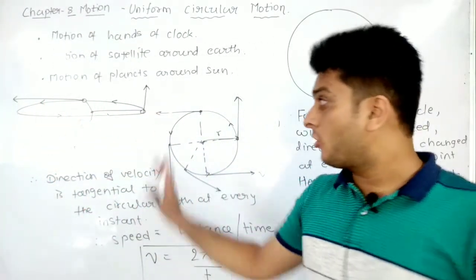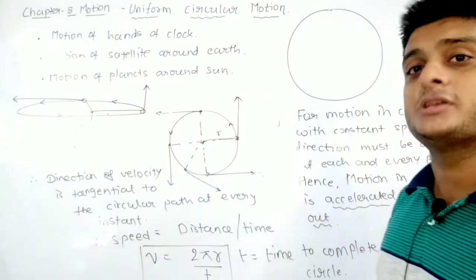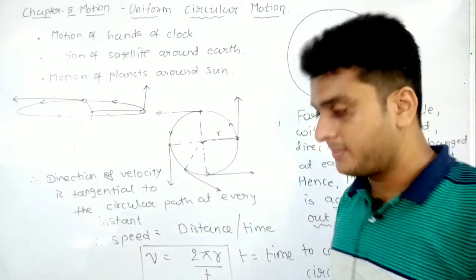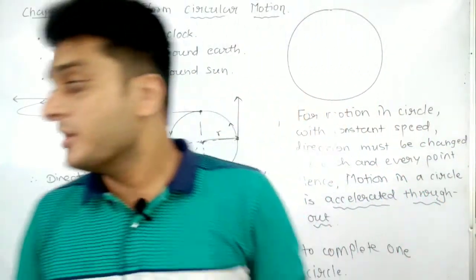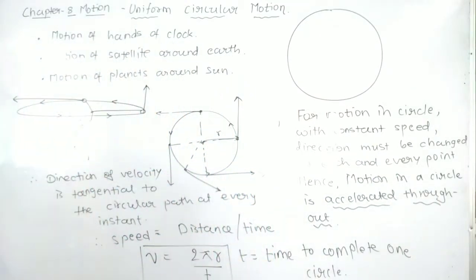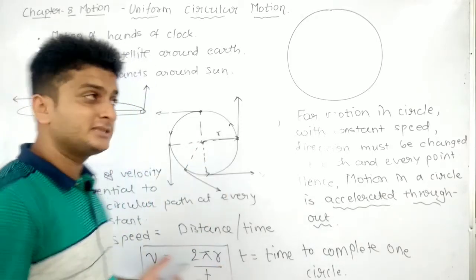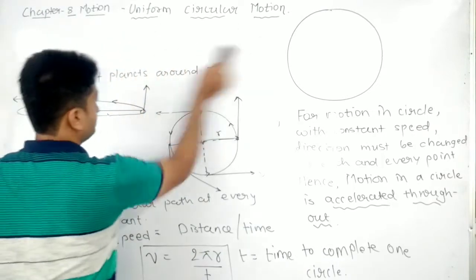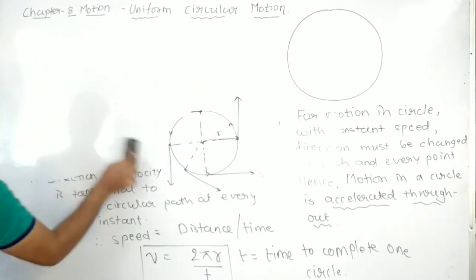So this is all the theory of uniform circular motion for standard 9. When you go to the higher standard, you will learn what the acceleration is also, right? Now let's solve the numerical from the NCERT exercise. One numerical is given there in the NCERT exercise. First of all, pause the frame and copy all these things. We will move ahead. And I hope all these things are very clear to you.